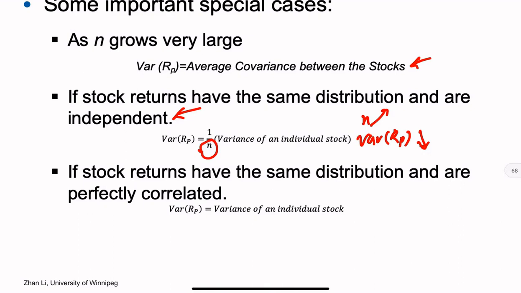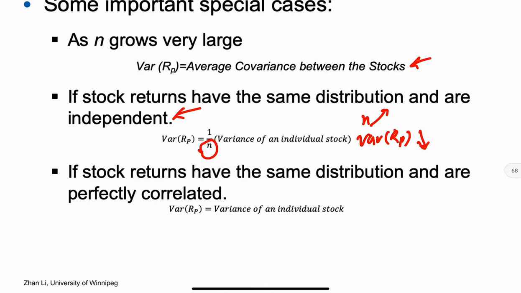Again, you can see that this is only under a special condition, that is, stock returns have the same distribution and they're independent. However, in the future, you will see that generally, even if stock returns are not exactly independent, you will get some benefit by adding more stocks into your portfolio. You will get smaller variance. Your portfolio will become less risky. Basically, this is the idea of diversification. Now, the third case